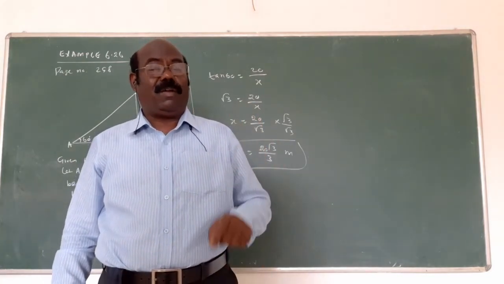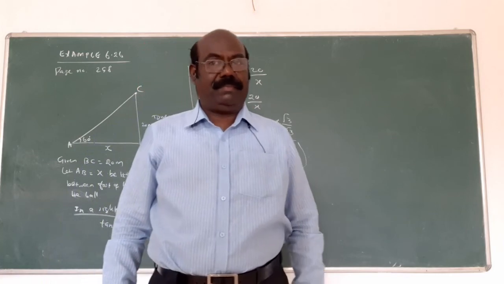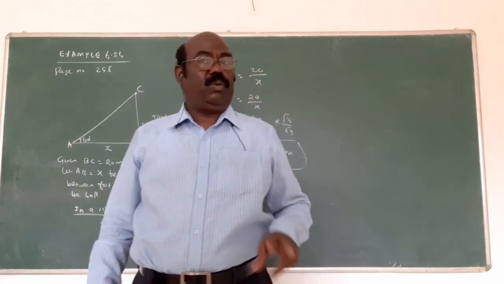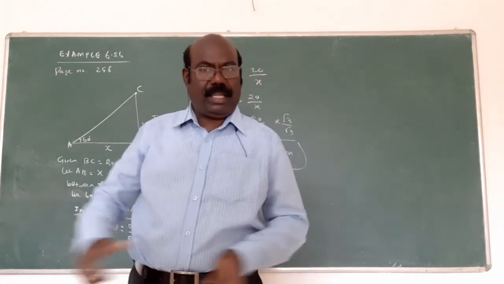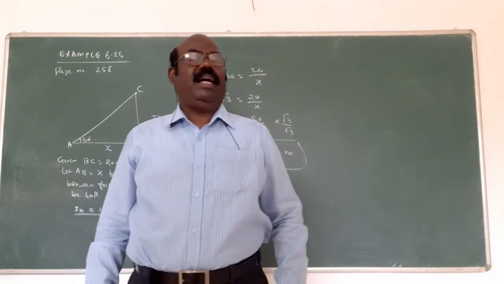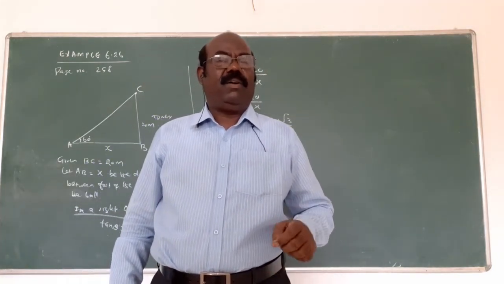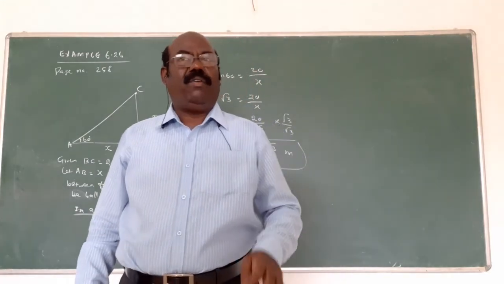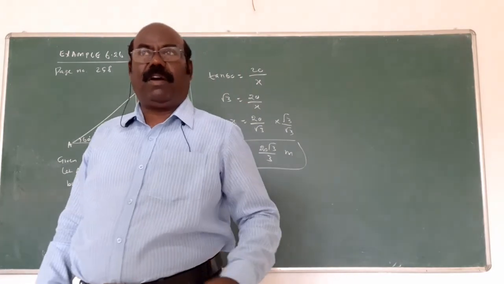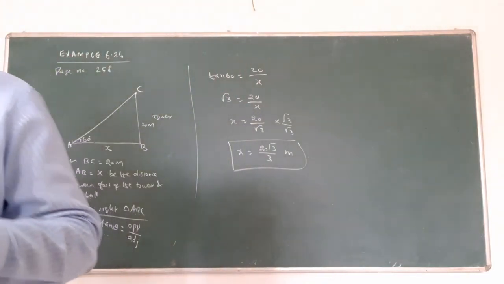Out of 6 problems, definitely 2 marks will come in trigonometry. From the first exercise, 1 question will come. From the remaining exercise, 1 question will come. But definitely, for the problems involving only one angle, we have only 6 problems. Out of 6 problems, you may expect 1 problem as a 2 mark question.